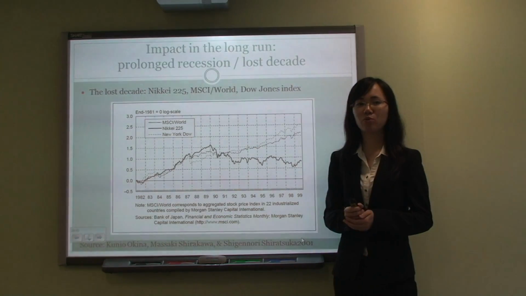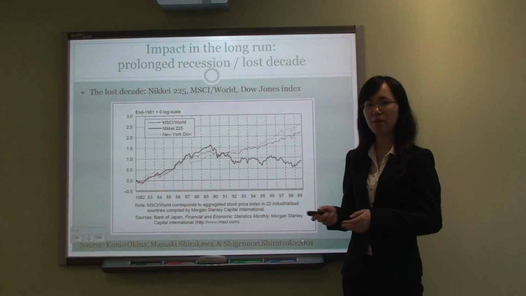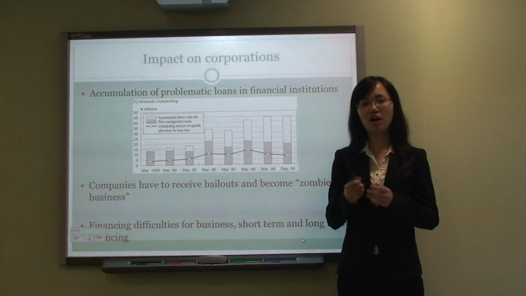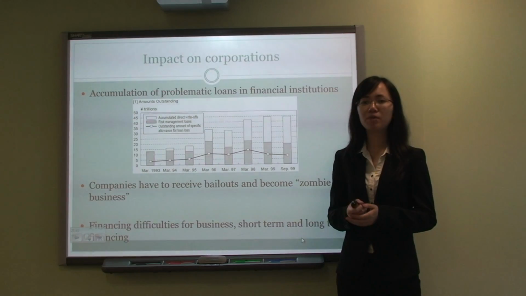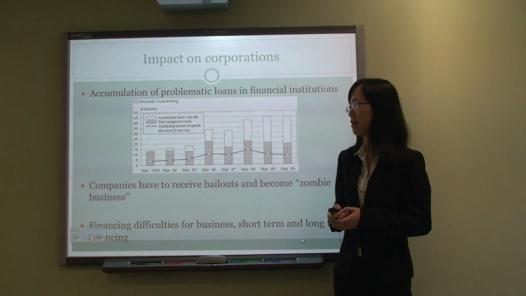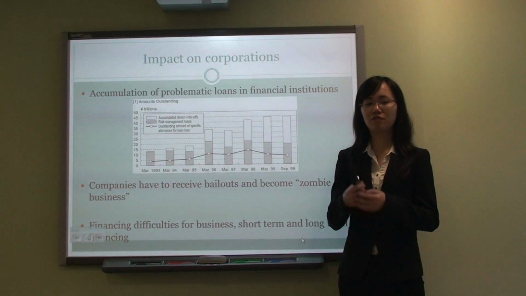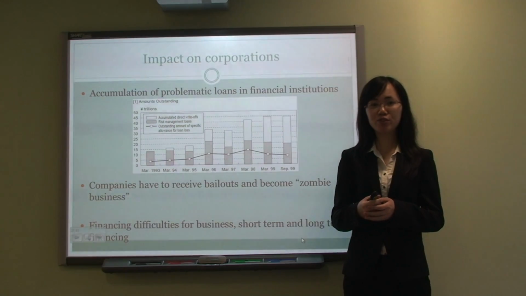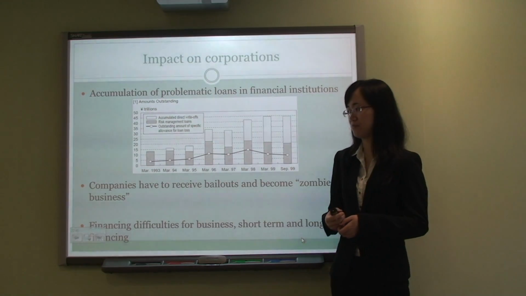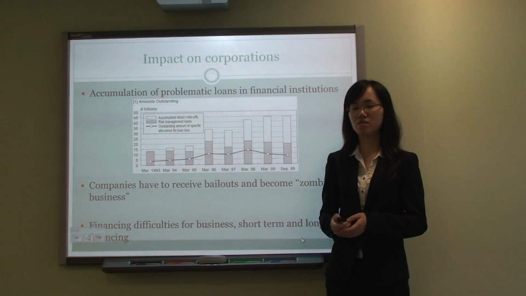And this is a comparison graph of the stock indices of the other Western advanced economies as well as the Japan Nikkei average. In terms of the impacts on corporations in Japan, the first would be the accumulation of non-performing loans faced by financial institutions and banks. And the second is that, faced with these losses from direct write-offs of non-performing loans, the banks and financial institutions have to receive bailouts from the government, and some of them become zombie businesses. And lastly, financial difficulties are also faced by domestic industrial firms because credit